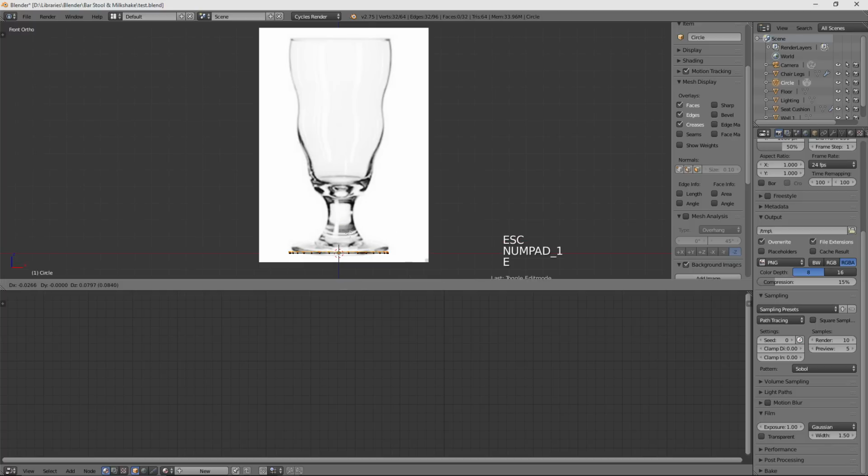Edit mode, extrude is E. We're just going to come up along the Z-axis a little bit, and every single time I extrude, I want to be coming up along the Z-axis. And then what I'm going to do is hit scale on each new ring that I extrude up. So I'll extrude a ring, and then I'll click, and then I'll hit scale and pull it in or out depending on how it needs to be.